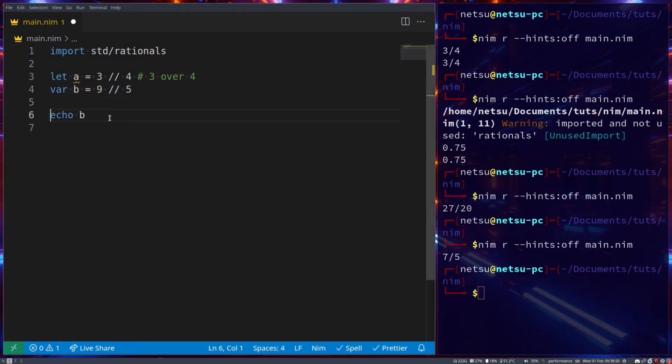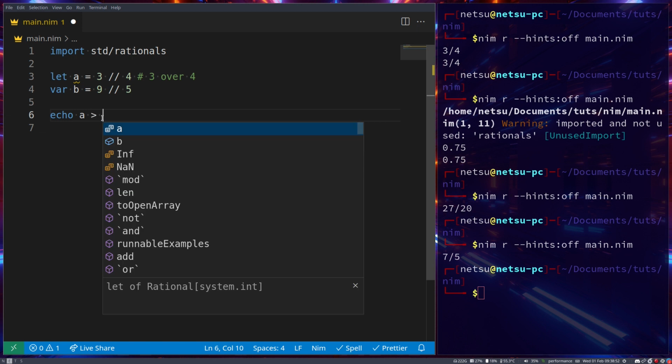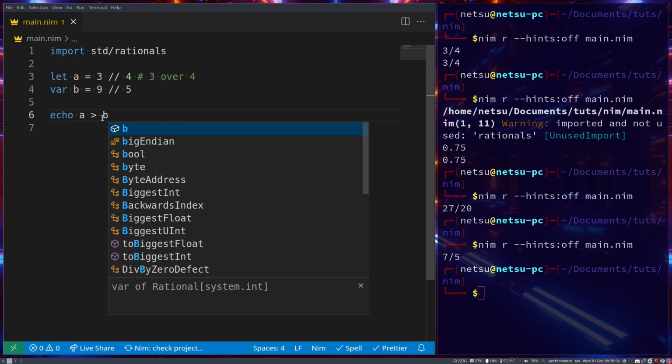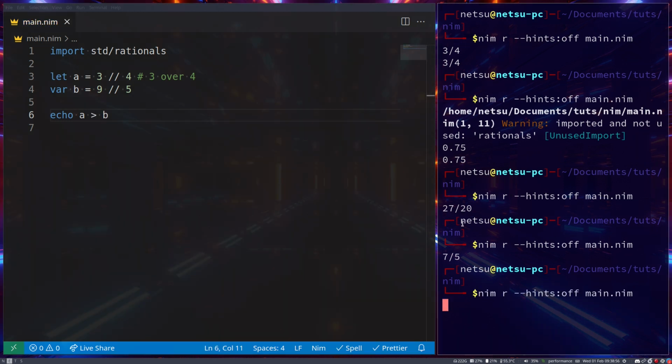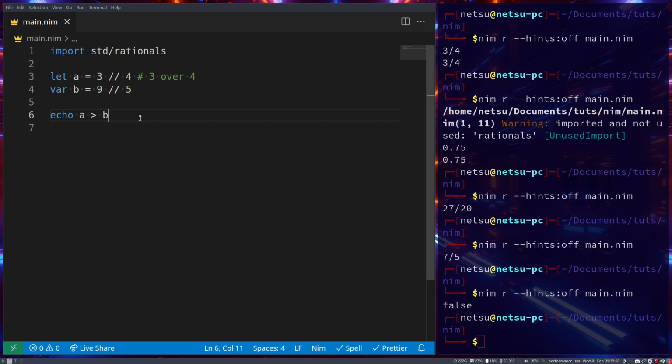We can also check which is greater, A, B, and it will return which is greater. So all of these work again. You can use double equals, not equals, lesser than or equal, greater than or equal, lesser than, greater than. You can use all of these just like with normal comparisons, and we'll get false because A is not larger